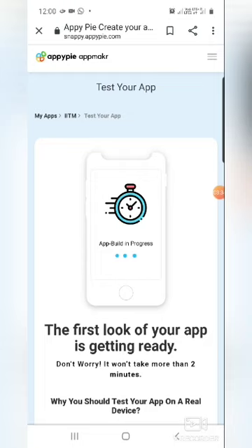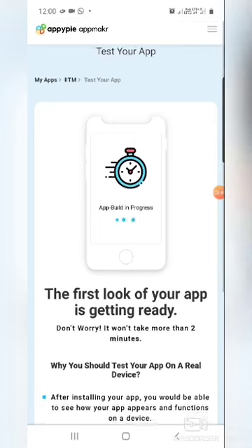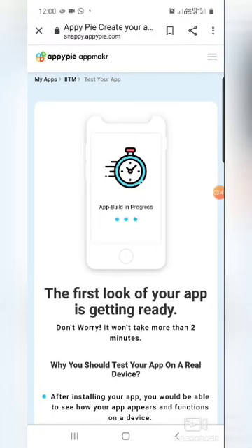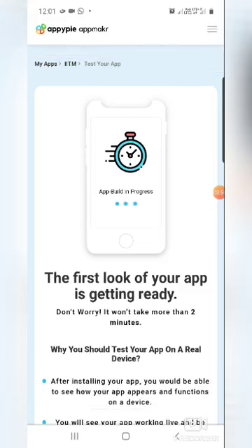So the first look of your application is getting ready. Within some seconds this application will be ready and you are able to test it on your Android phone. Later if you wish to edit it, you can edit whatever you want, and then you can publish it on the Play Store. The publication charge is 999 rupees for a lifetime.